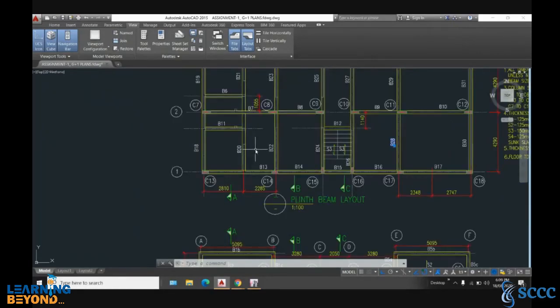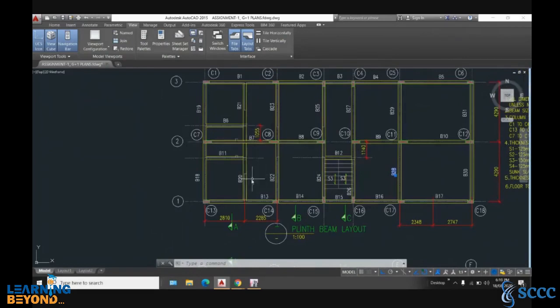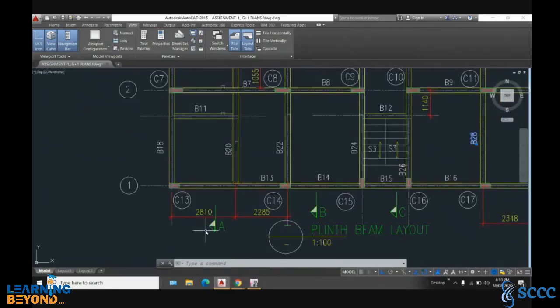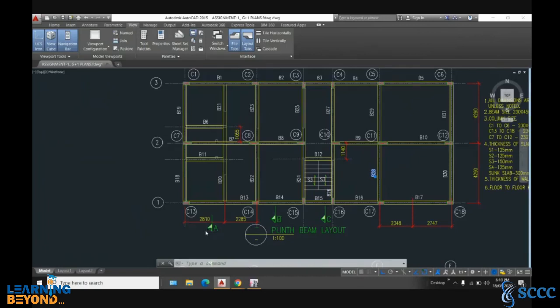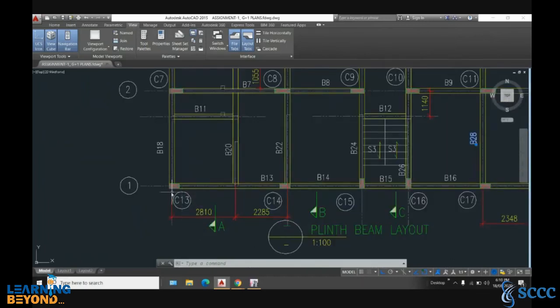You can use that. Okay, 2.81. We'll consider this 2.81 as offset distance from this grid line.